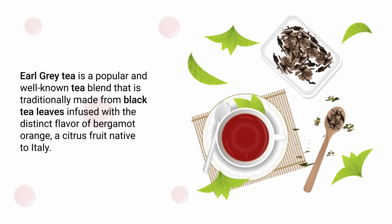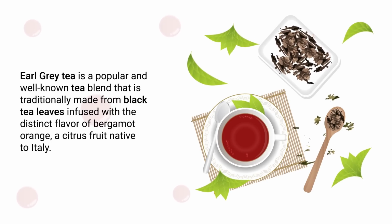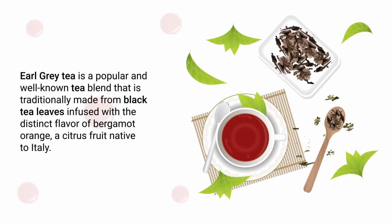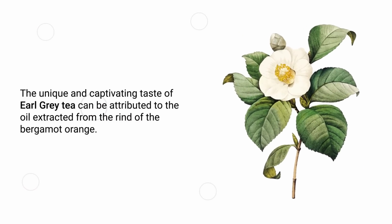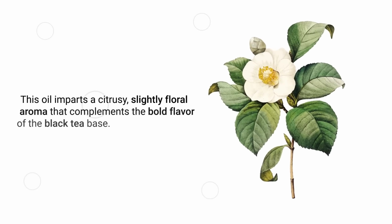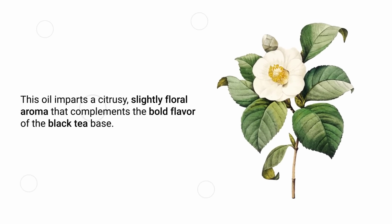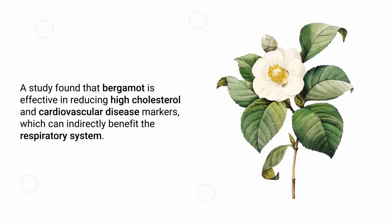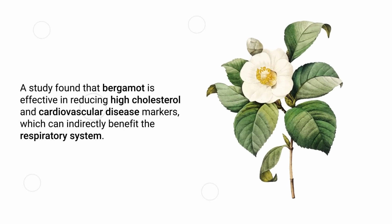Earl Grey Tea is a popular and well-known tea blend that's traditionally made from black tea leaves infused with the distinct flavor of bergamot orange, a citrus fruit native to Italy. The unique and captivating taste of Earl Grey tea can be attributed to the oil extracted from the rind of the bergamot orange. This oil imparts a citrusy, slightly floral aroma that complements the bold flavor of the black tea base. A study found that bergamot's effective in reducing high cholesterol and cardiovascular disease markers, which can indirectly benefit the